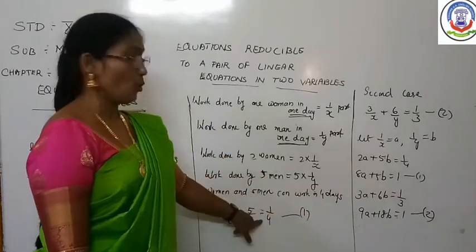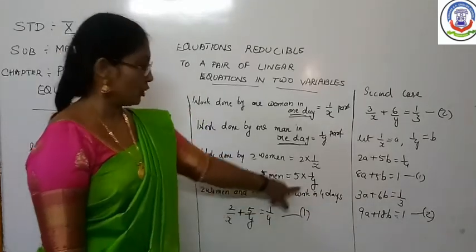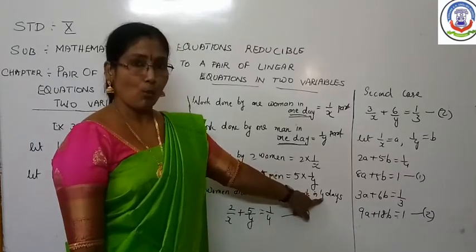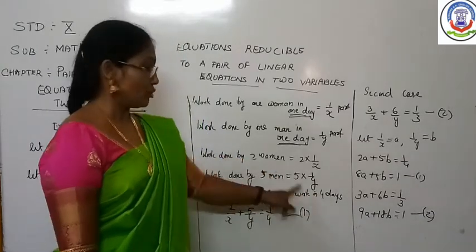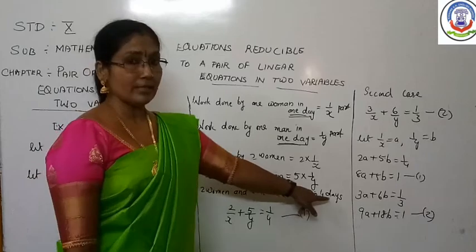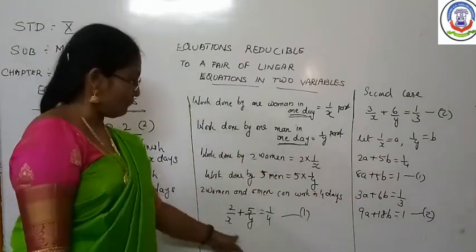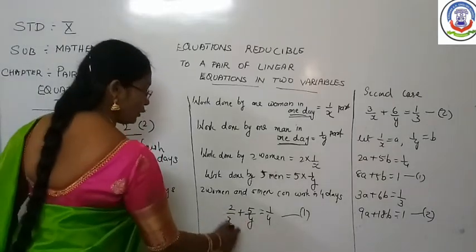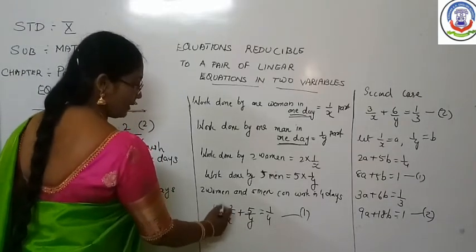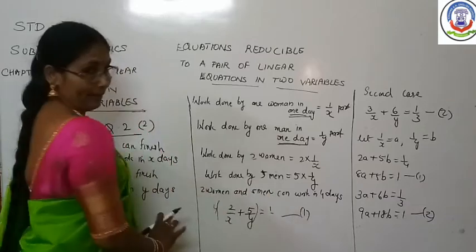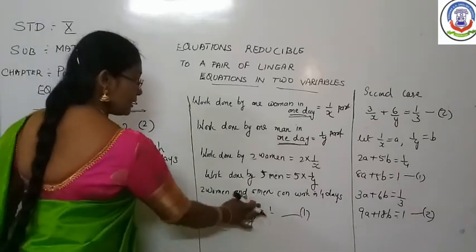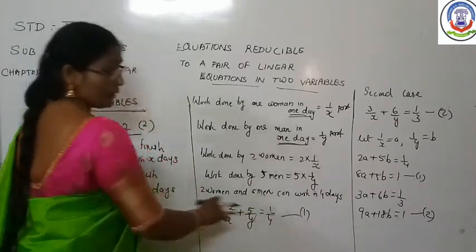So you will write 1/4 part, because here it is given 4 days. In 1 day they are going to complete this much work. So how many days are they going to complete it in? 4 days. So you will write 4. Otherwise you can multiply by 4 here also. That means 4 into 2 by x. That means in 4 days they can complete the work. Like that way you have to do. Otherwise this way also it will be done. Both are correct equations only.